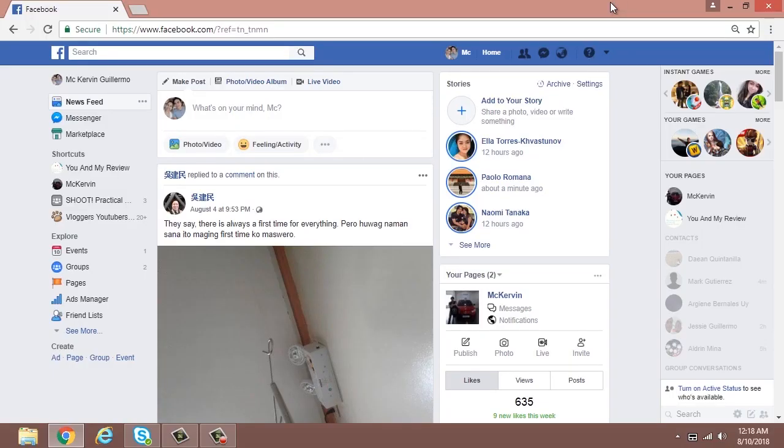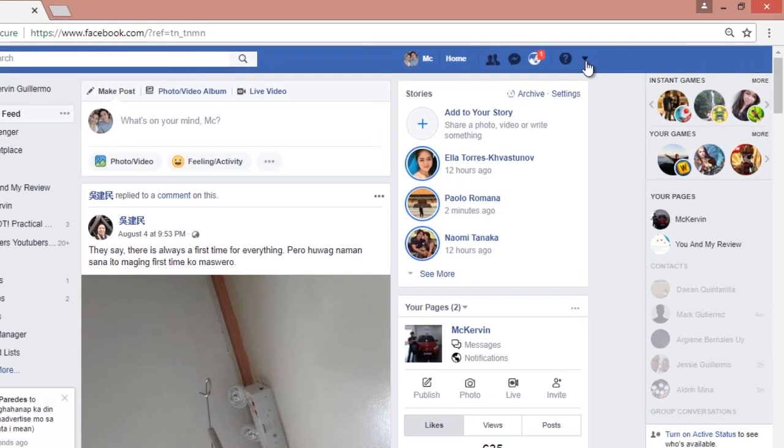Alright, so right now, nandito kayo sa screen ko, and this is my active, I would say, account in Facebook. So I'm about to show you one example of the CPM or cost per impression. Okay, so please follow me para makita mo exactly kung saan titignan yung data na kailangan mo. It's advisable na at least maybe a week or one and a half weeks para makita mo yung data. But so far, for the sake of example, I'm gonna show you exactly how these things work. Okay, so on my